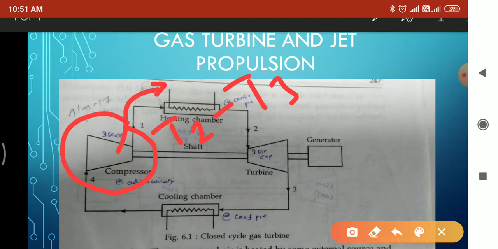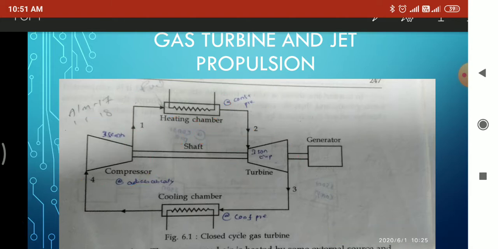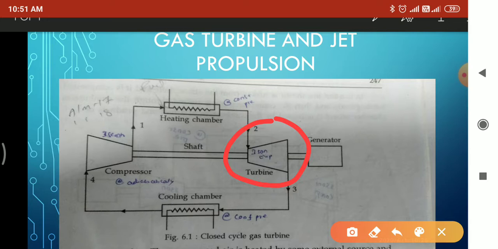After that, the heated gas is sent to the turbine, where the gas is expanded on the turbine blades, which imparts kinetic energy to the turbine blades, causing the turbine to rotate. And the power is generated by using the attachment, you can say the generator. After expansion of gas on the turbine blades,